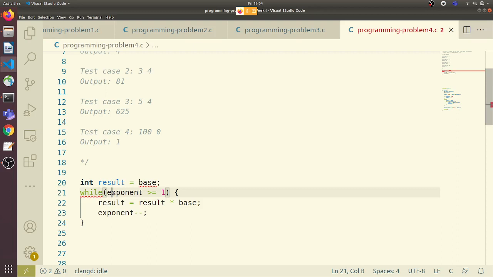Right. So here we are going to check. First, we have initialized the result value to base. Then we are checking while the exponent is greater than equal to 1. We are going to take the result multiplied by base, and then we decrement the exponent value. So let's do a dry run. If the base value is 2,